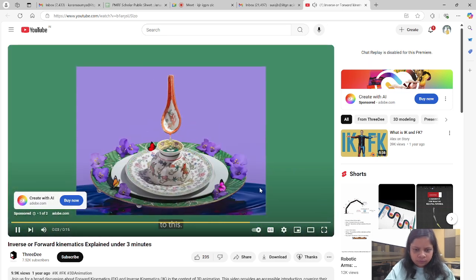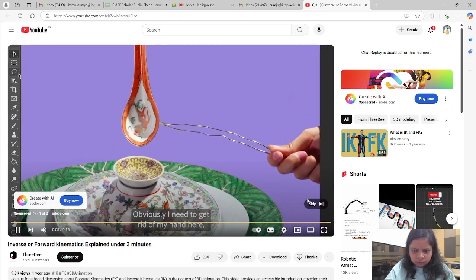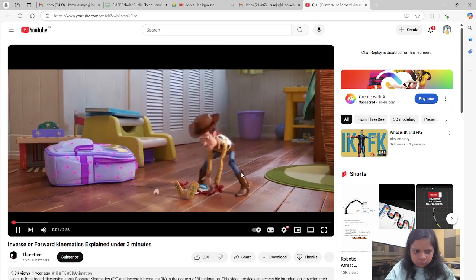Photoshop to go from this to this. Obviously, I need to get rid of my hand. Animation is what got a lot of us